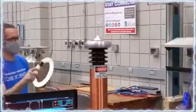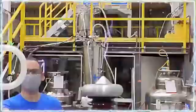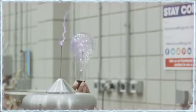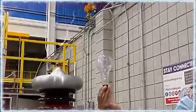The electric field is strong enough to light up a fluorescent tube without any wires attached to it. Look what happens to the gas inside this light bulb. The higher the frequency, the more the current tends to travel over the surface of conductors, and because of that,